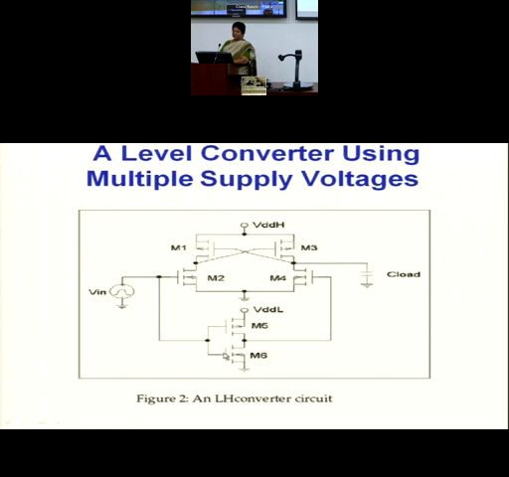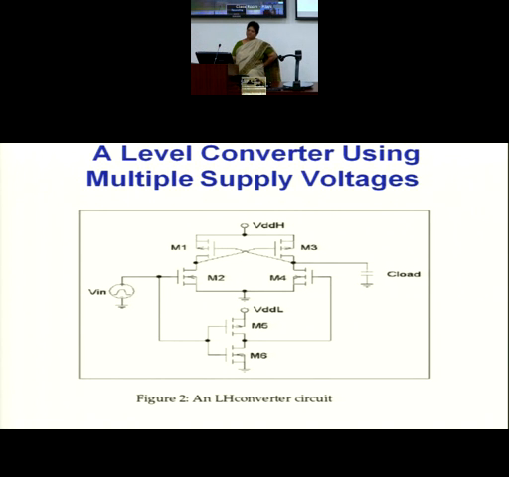Here, two inputs are required, the input and its complement, which has to be created by using VDD low. So the circuits are not difficult to design. Only a little bit of thinking is required over here. You can easily design a good low to high converter. Plus this cross coupling will also help in reducing the power consumption, because one of the paths will be completely turned off. When one path completely turns off, the fight between the two paths goes away, so the output easily rises to its high or low value.